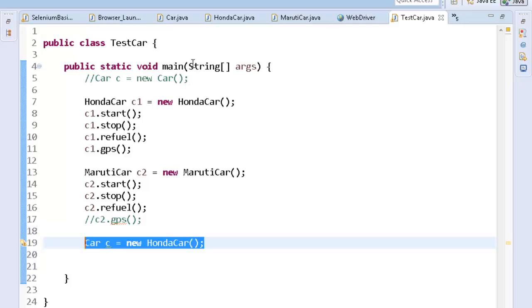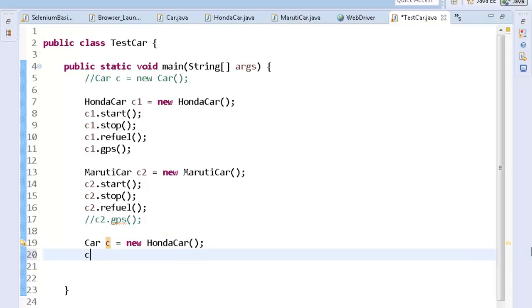I have taken the reference of the interface equated to the class implementing the interface.